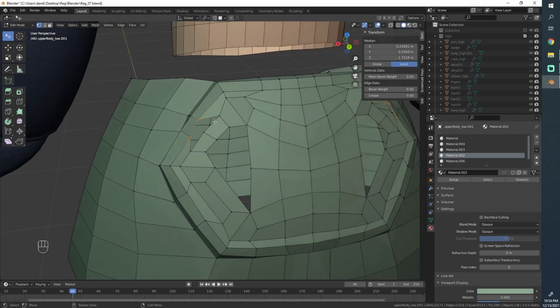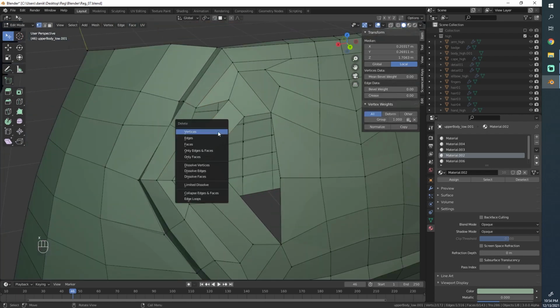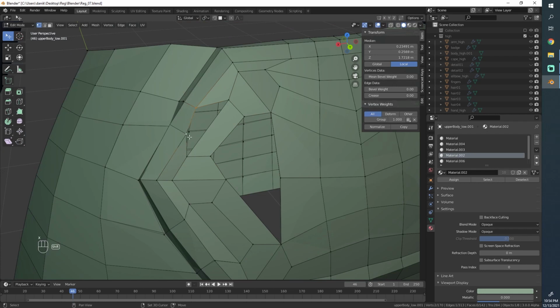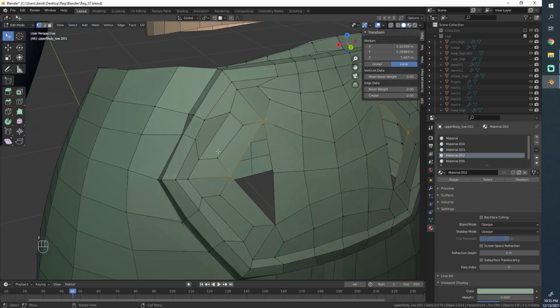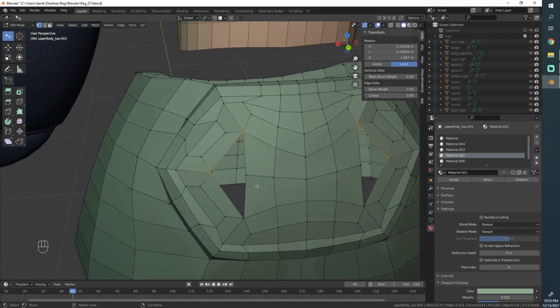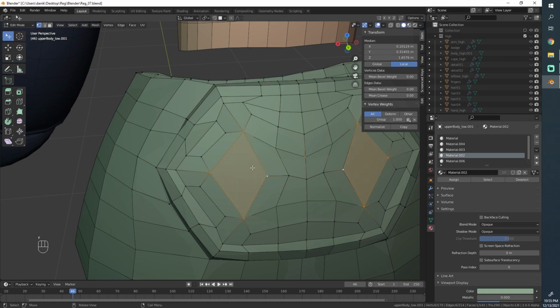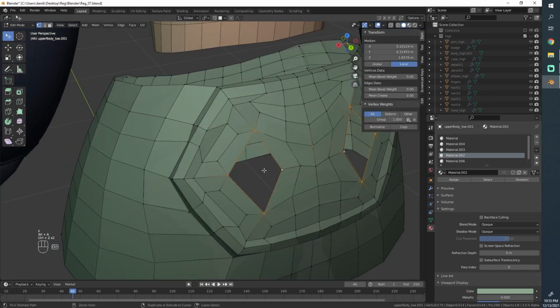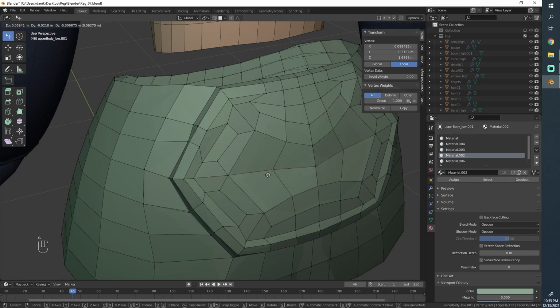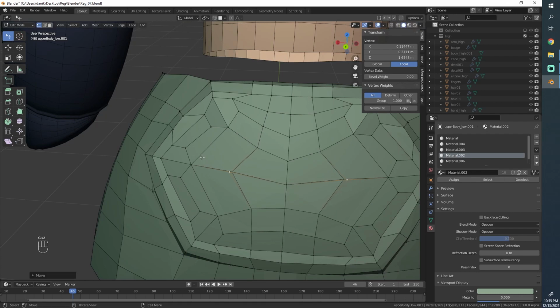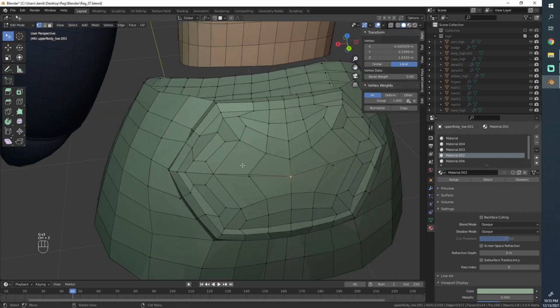We'll smoothen this out a bit in a second. So we deleted this one, delete edge loop, then fill this up with F, and now we have it the same on both sides. Now here's the last thing. We could do something like that, but that's again a bit of a strange way of filling it. Or we could connect it like this, which seems better on first sight, but let's see if that's true.